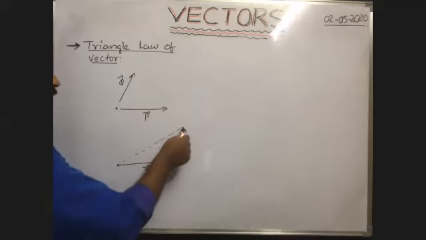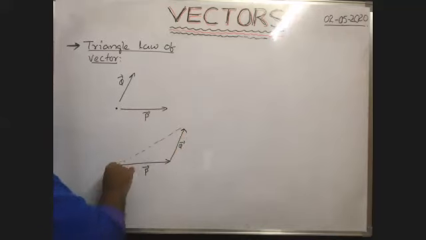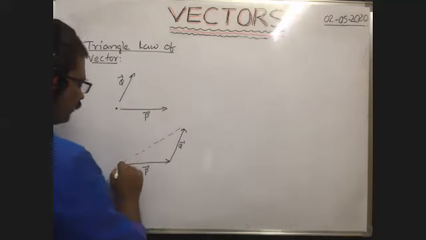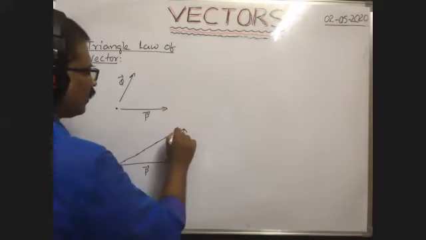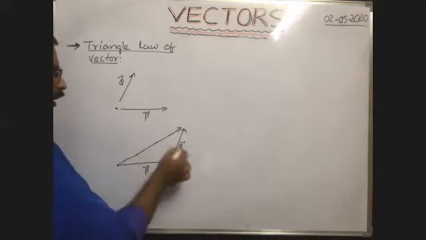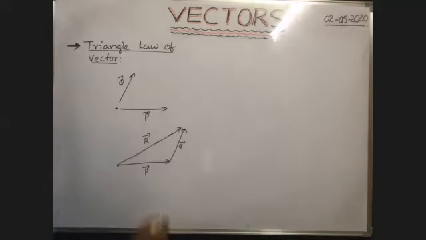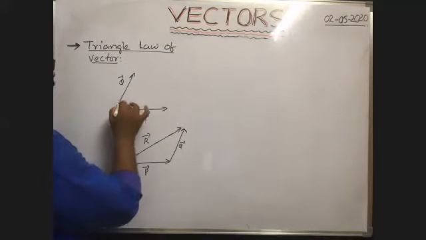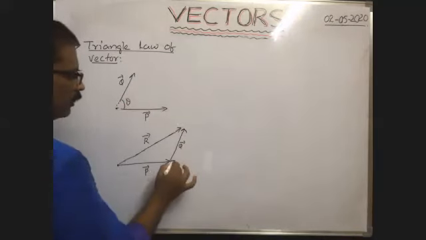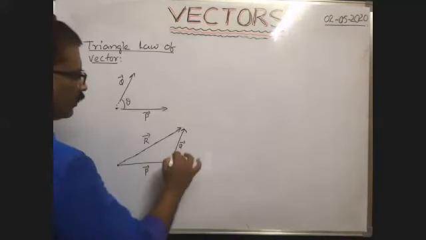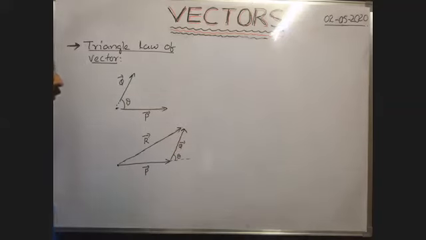In the same order means we have taken this side in this direction, but in the reverse order, the third side of the triangle taken in reverse order gives the resultant of p bar and q bar, both in magnitude and direction. Here the angle between p bar and q bar is also equal to theta only.